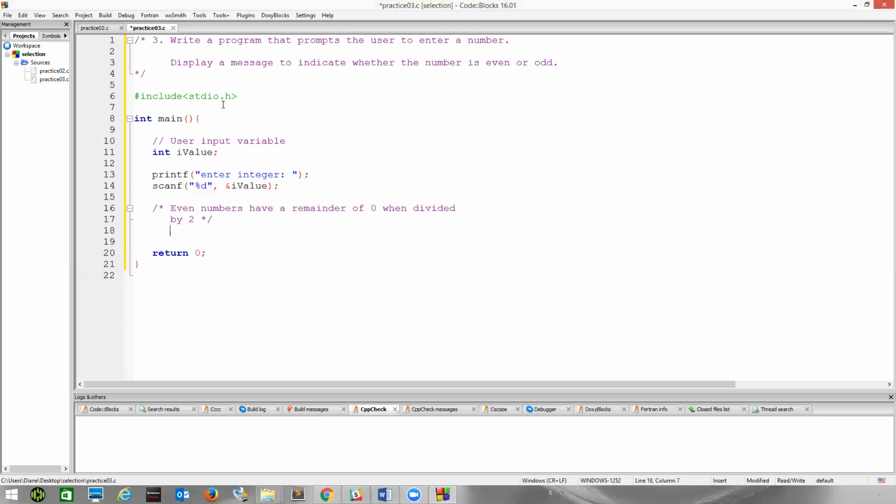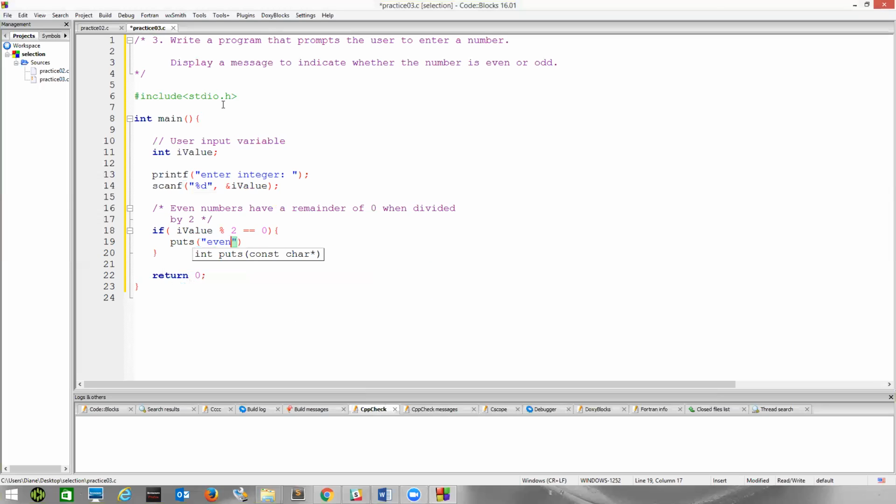So now here's our if statement. We're going to take I value mod 2, right? If that's equal to 0, we have an even number, and we can display a message,